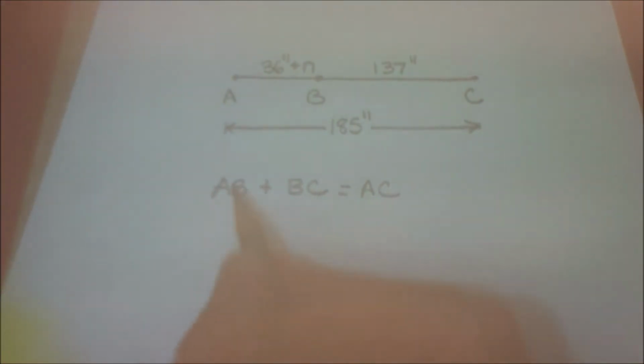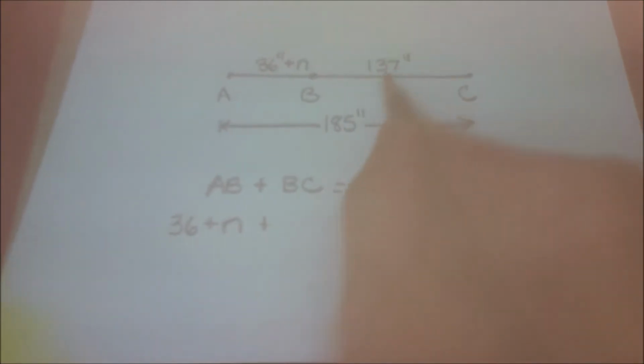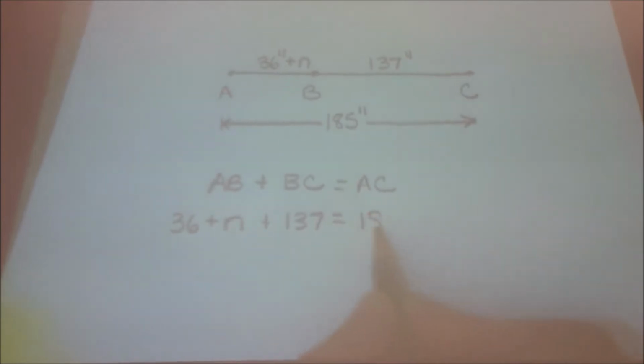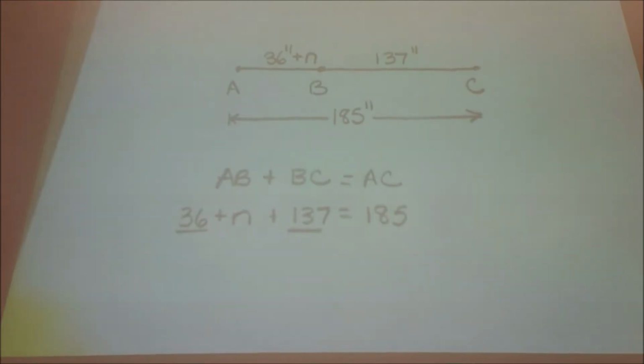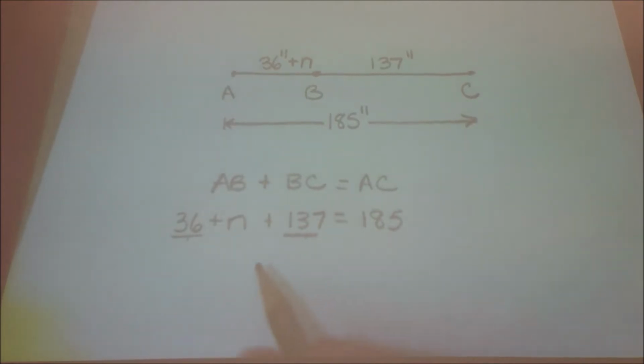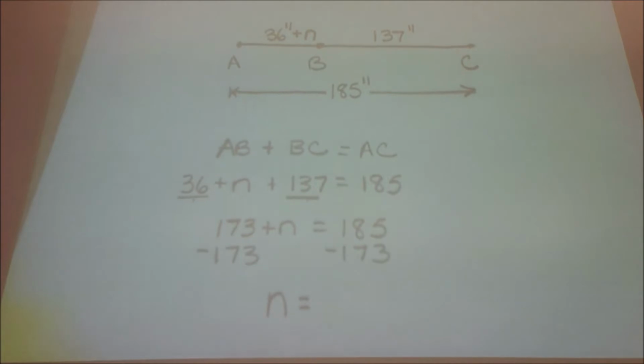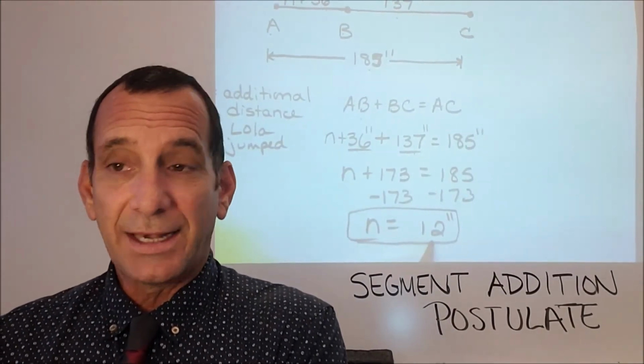I'm going to plug in every term to help us set up that equation. 36 plus n plus 137 equals 185. Now I'm going to be careful here, and anything on the same side of the equation, I'm going to combine like terms. So I have like terms 36 and 137. That's going to be 173 plus n equals 185. We subtract 173 from both sides, and the additional distance that Lola jumped was 12 inches. So in total, if we plug that in, n equals 12,